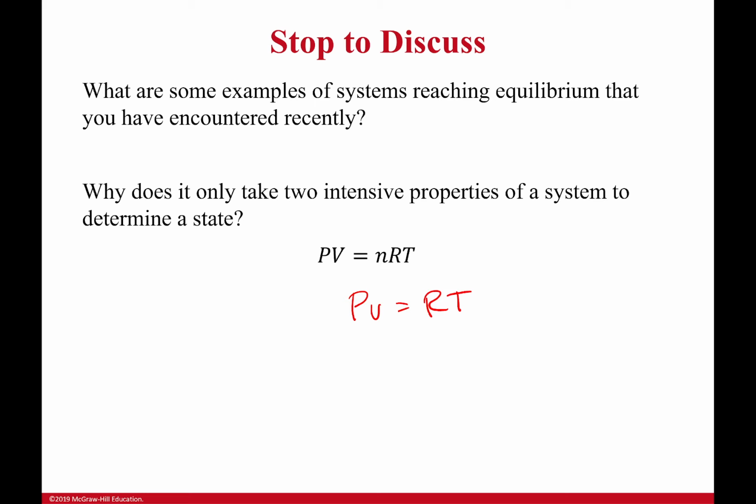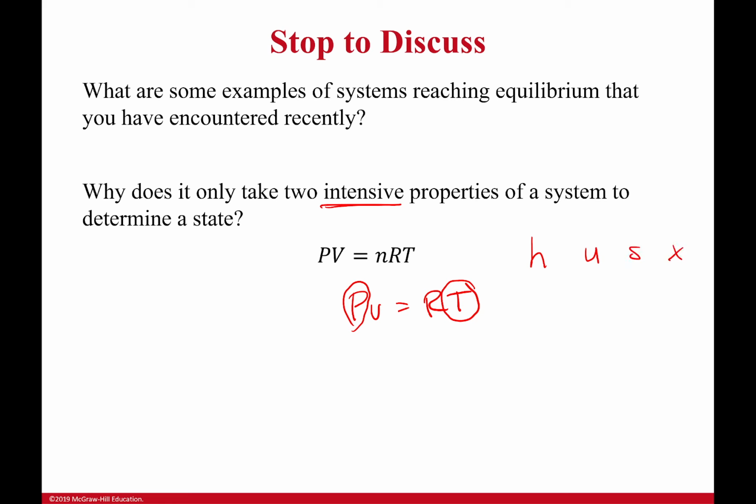Now it says 2 intensive properties. What you realize is that if I know the pressure and I know the temperature, that is 2 intensive properties for a system, and therefore I know exactly the size of my system and I know everything I need to solve this ideal gas equation. But intensive properties aren't just pressure, temperature, and density. We will eventually get enthalpy, we'll get internal energy. Sorry, that's total energy, my bad. Internal energy, entropy, and exergy.